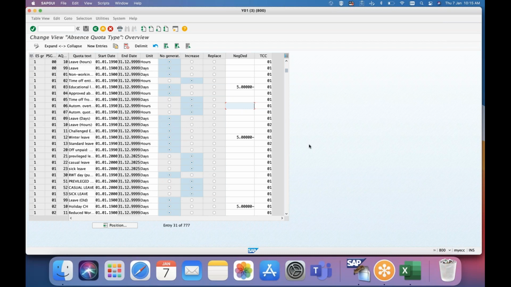Say, for example, we have created 30 leaves for the employee. Now update some 35 leaves. It will not allow you. If you update 5 here, it will allow you. You just test it. There is not much logic behind this. This is the standard table given by SAP, so accordingly the system will allow that number of leaves. That's it. Just try it in the system. It will work.